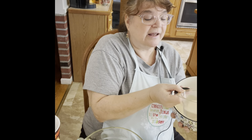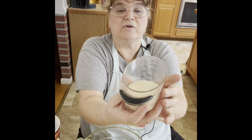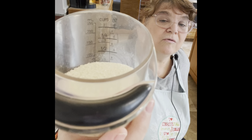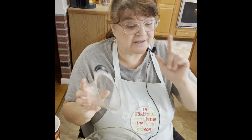I am just going to add, yeah, it works out to about a third, a quarter cup, a third cup. I'm going to see if you can see that, of sugar. But if you add sweetener, remember, look it up, because it won't be that much necessarily depending on what you